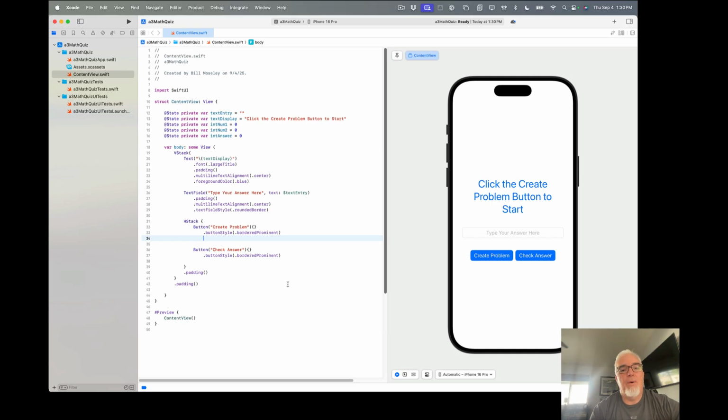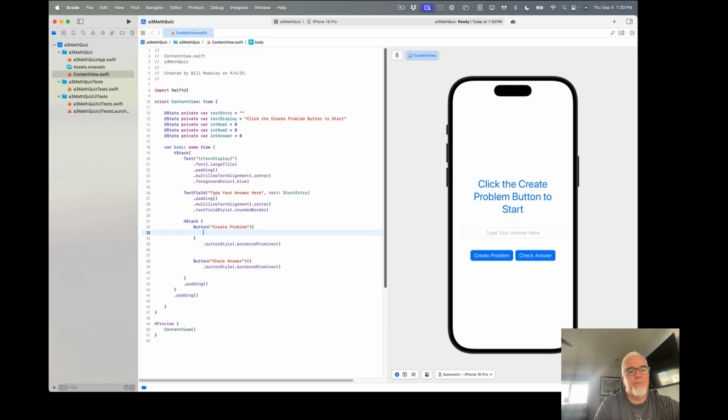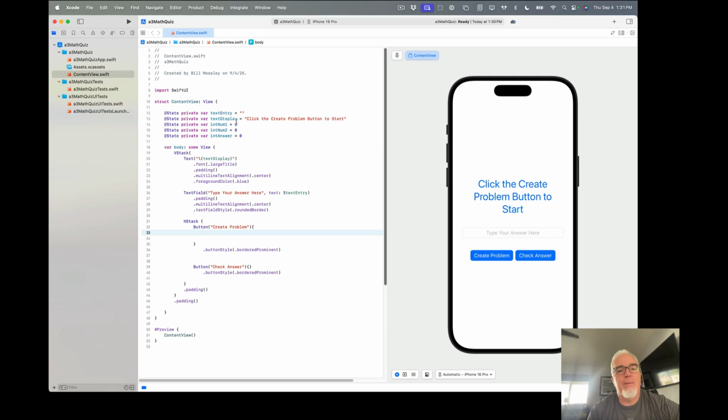So next up, we want to do some functionality. The functionality is attached directly to these two buttons here. And so the first button, when I create a problem, it's going to generate random numbers for each of these two, and then it's going to write the problem here by updating this variable. Okay, so first thing we want to do is int num1 equals int random, and we're going to give it a range